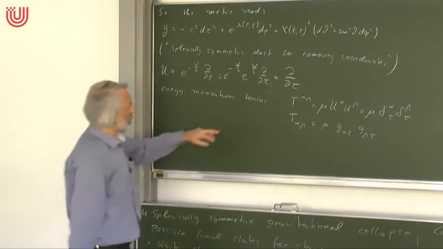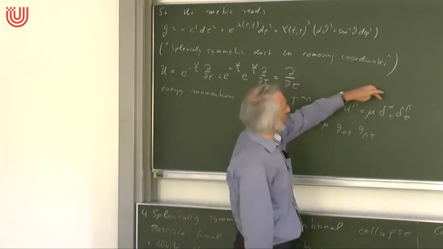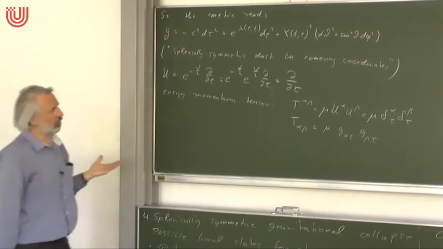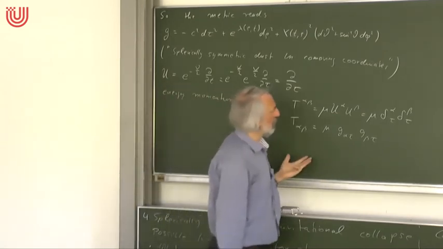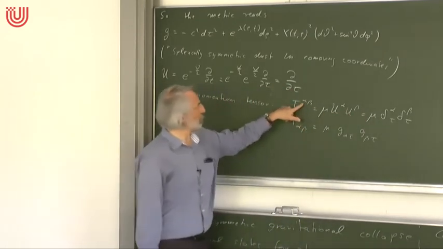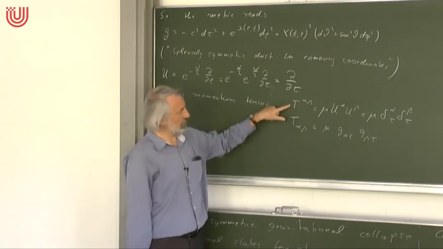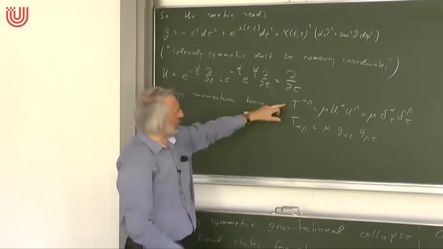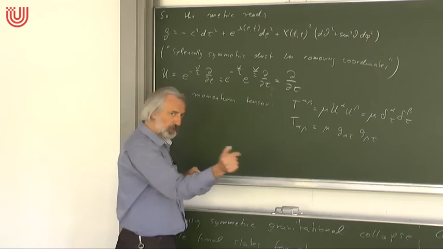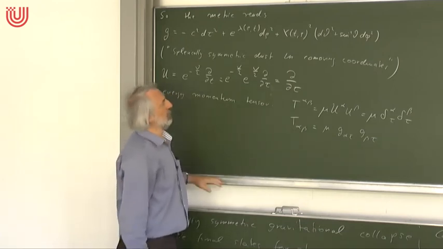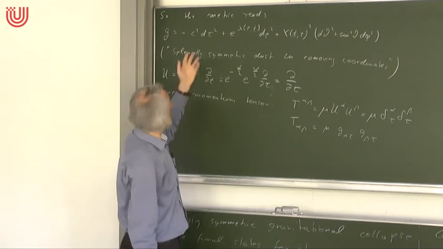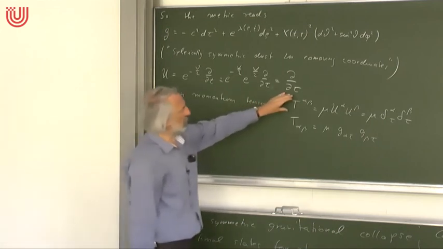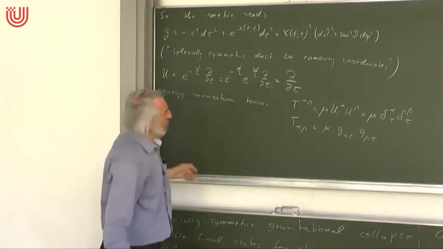And the nice thing is, if you look at this expression here, and now you let alpha, beta run over all possible values. So it takes the values tau, rho, theta, phi. Then you see that out of these 4 times 4 numbers, only one is different from 0, namely the tau-tau component. So this 4-by-4 matrix, which gives the energy momentum tensor, has only one element which is different from 0. So that's the advantage when you work in co-moving coordinates. If you had worked in other coordinates, then you would have more non-zero components of the energy momentum tensor.